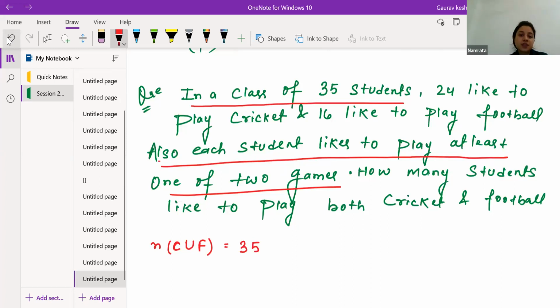Why are we not taking it as a universal set? Because every element of the universal set can participate or cannot participate. They will be just sitting idle. But when we are talking about union, everyone is participating either in cricket or in football. So this is the case of either this or that, and we know "or" means union. So here it is representing the union of both the sets. Now 24,